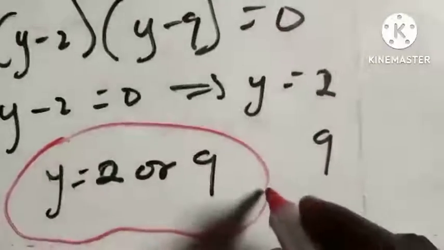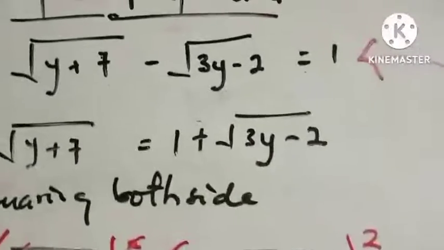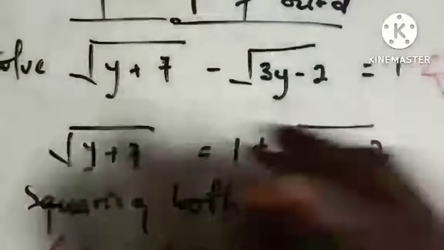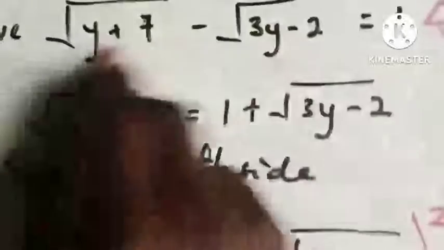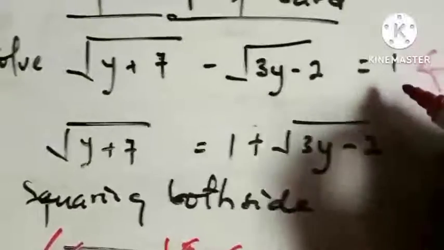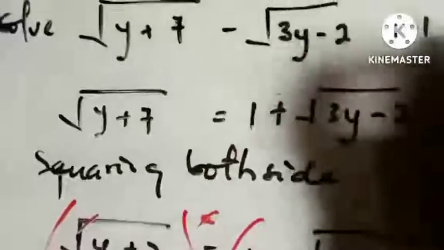The way of doing that is you have to pick these values one by one, right? One by one, and then plug that into this equation and check which one holds. So first of all, you have to replace the y by 2 here and check whether you are going to have 1, and the second one you replace by 9, and check which one you are going to have